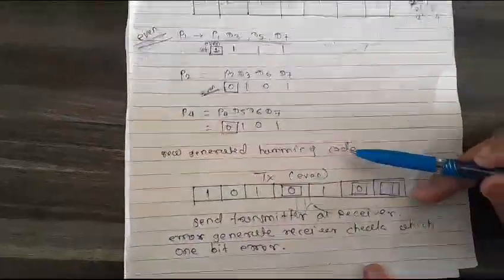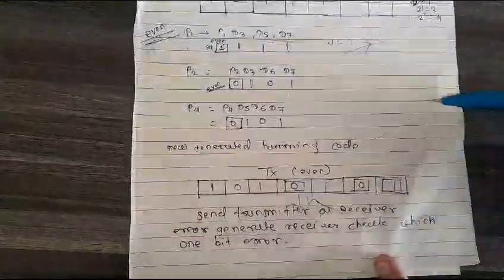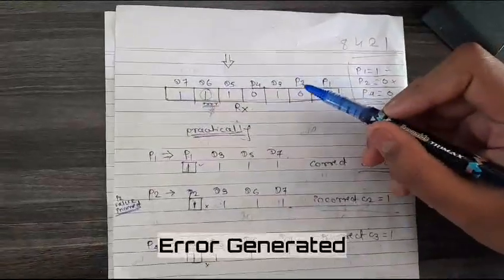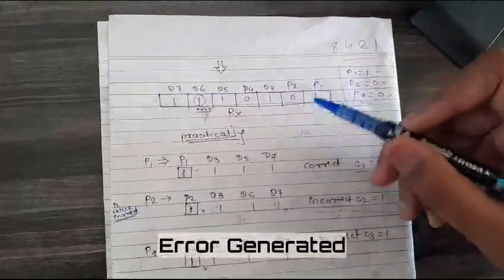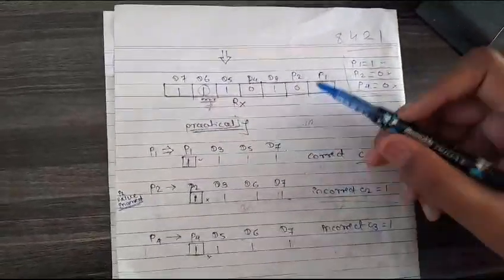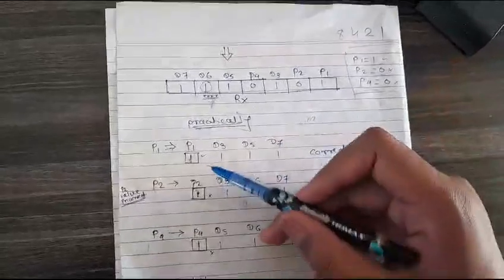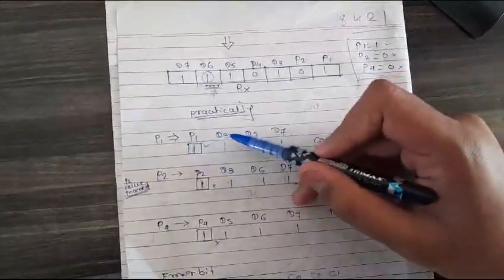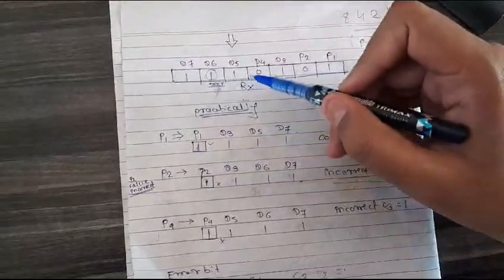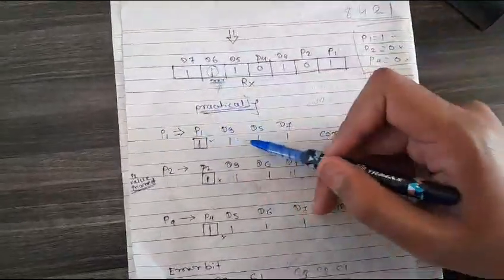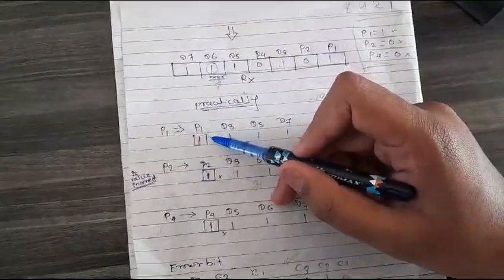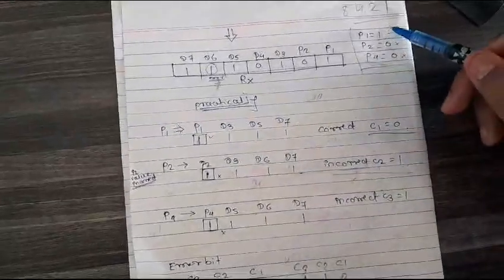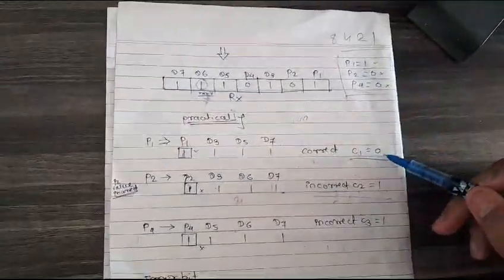At last the Hamming code is generated to transmit to the receiver. An error is generated in the received code. First we will find the error practically. We repeat the process of Hamming code generation. For parity 1, D3 is 1, D5 is 1 and D7 is 1. To make it even, we give parity 1 the value of 1, which is correct according to the transmitted code. So C1 is 0.